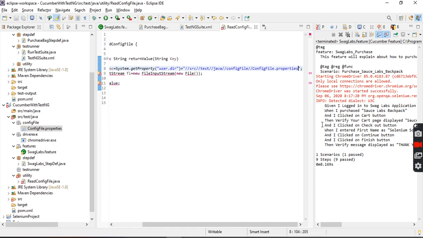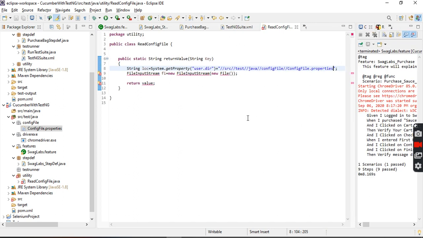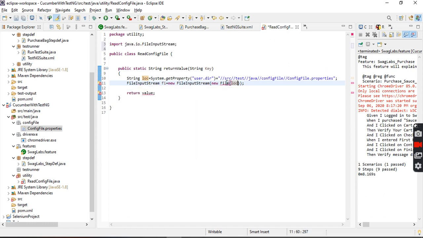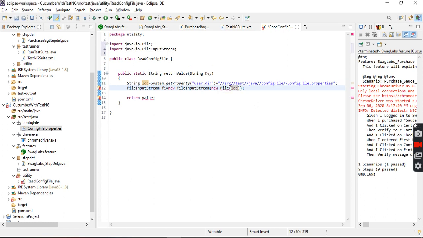Now is it right? Yes, this is the right one. Okay, so we are going to pass this location here. We need to resolve this error. Resolve it. Now the file is read. So this is what it is doing actually.